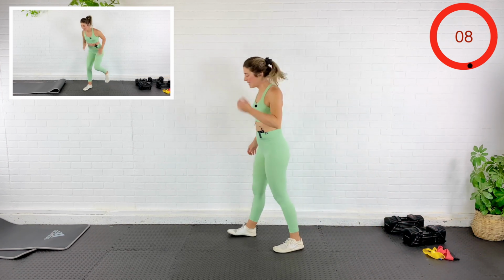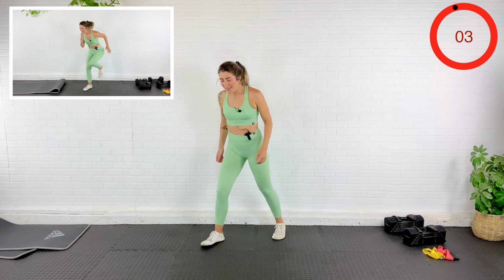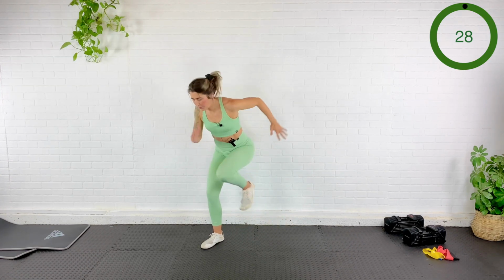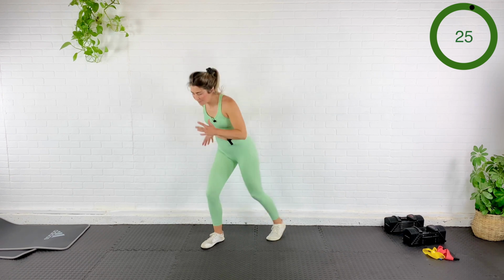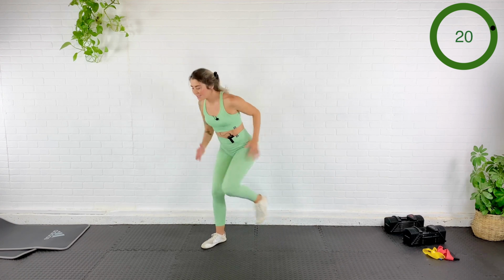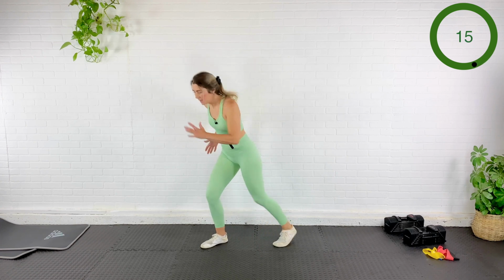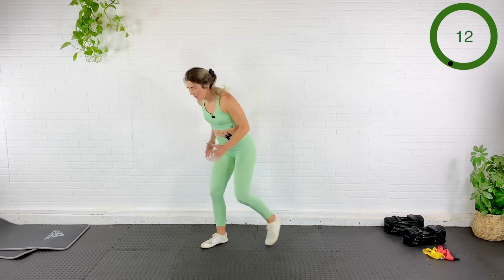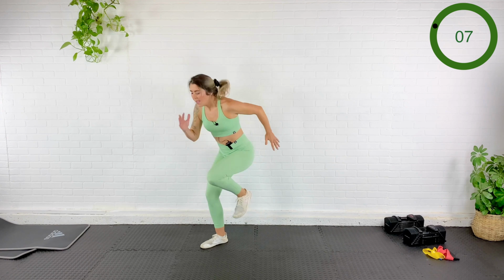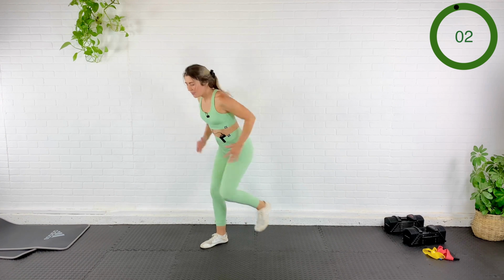Find your space. I'm going to go with my left leg first this time because that glute is cramping up. 2, here we go. Moving quickly. How fast can you go here? Pull the abs in. Focus on speed and control. Move the arms too. The more limbs you're moving, the more your body's gonna get out of this workout. 10, 8, 5, 3,